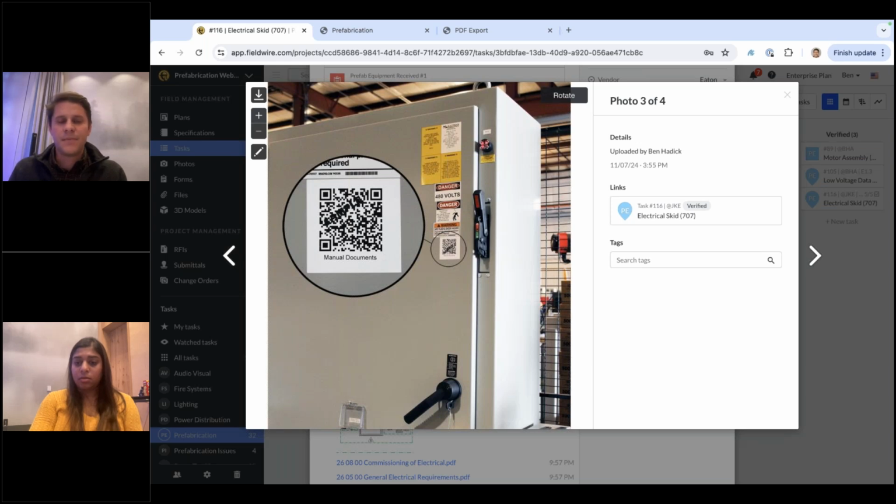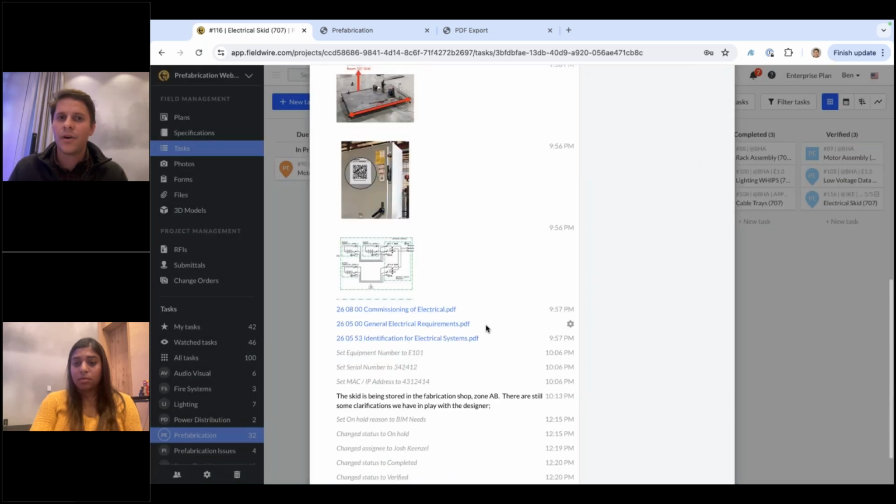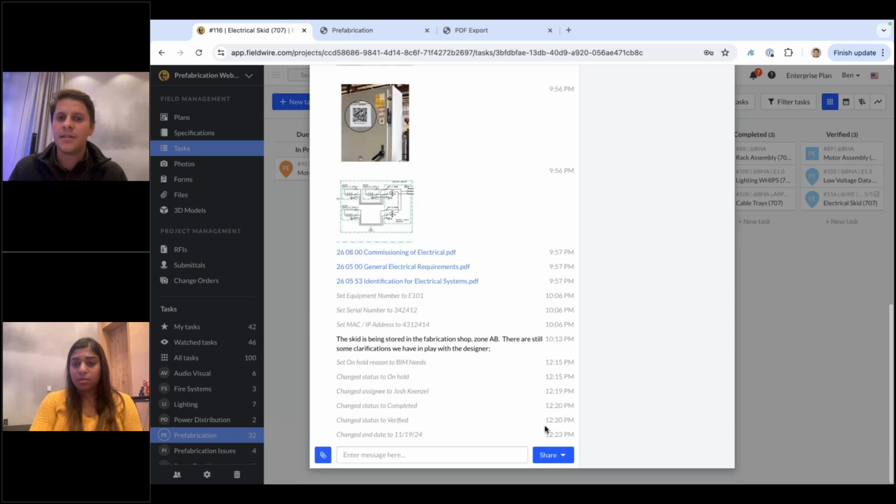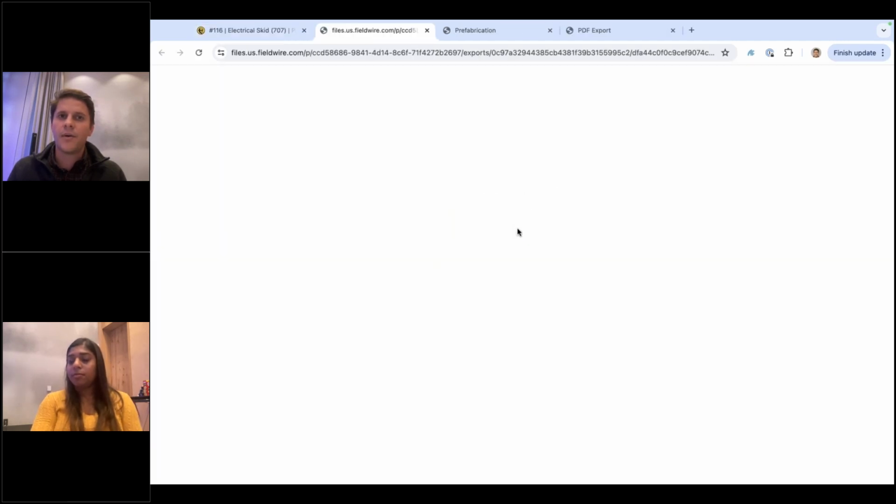I pulled this just because I wanted to show how easy it is for Fieldwire to generate a QR code that takes field teams directly to the location within Fieldwire, and it'll actually bring them directly to this task. So if I wanted to create that QR code, all I need to do for this individual task is select share and then click export QR code, and that'll generate a QR code for me